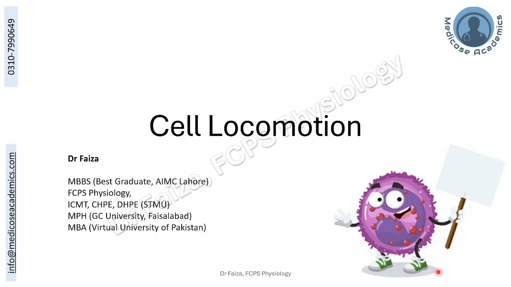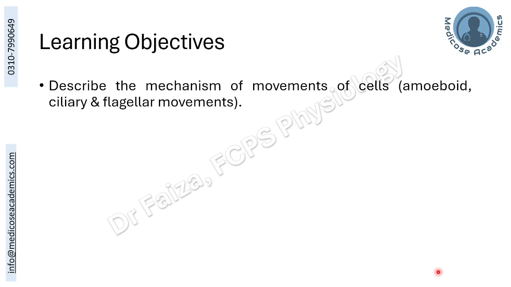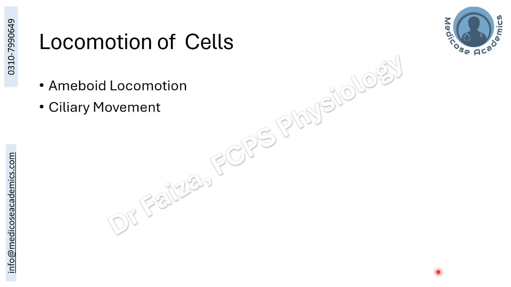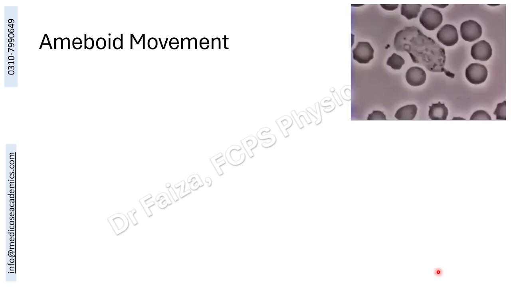Cell locomotion. Cells in the body are not mobile. However, there are cells which can move either by amoeboid, ciliary, or flagellar movement. Mostly we divide it into amoeboid locomotion and ciliary locomotion, and the flagellar locomotion simply follows the mechanism of the ciliary movement. We will be looking into the detailed mechanism of these two types of locomotion and also looking into the examples of the cells which exhibit these types of movements.